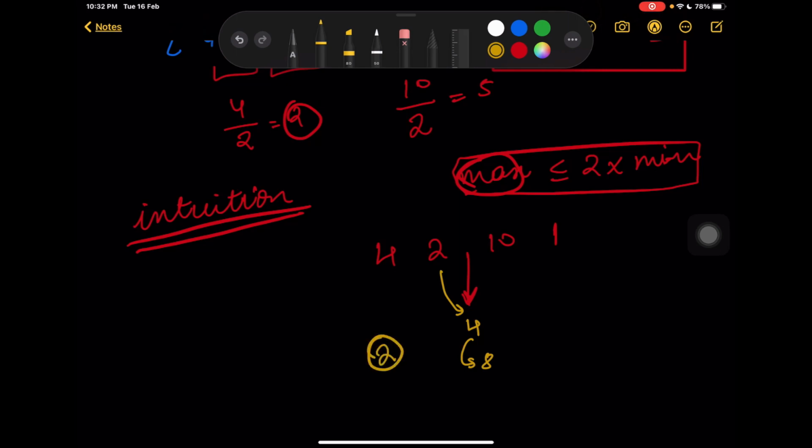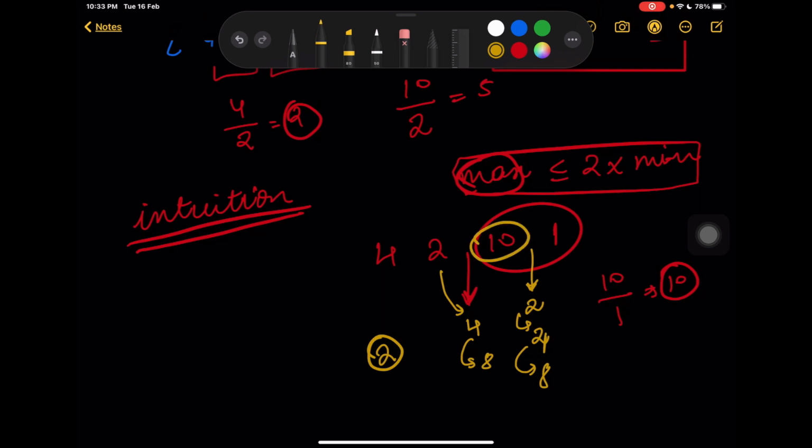Now looking forward into the next pair of elements, that is 10 and 1. We can see the maximum among them is 10, minimum among them 1. This comes out to be a number 10, which does not satisfy the condition. So we'll add a number which is twice the smallest among the pair, that is 2. Then we will again add twice of this number, that will be 4. This still does not come out to be greater than the maximum, so we will do the same operation again and we'll add twice the number 4, which will be 8. Now we can stop, since if I double this number I will be getting a number which is greater than 10. So here I have added 3 different numbers into this array to make it dense.